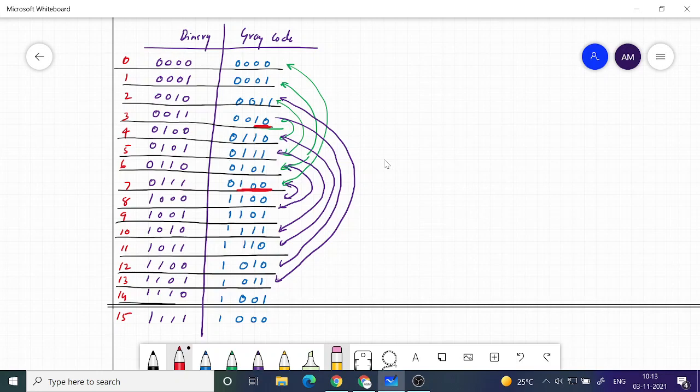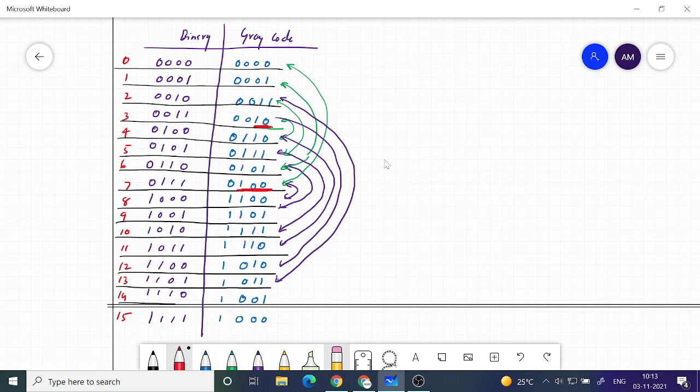Now I got it. And when you do that change, you have to make sure that you don't repeat any of the earlier codes. You have to allot a distinct code for the new entry. So that is a constraint that we have. If you follow that constraint and are only allowed to change a single bit, then you can generate all the numbers.